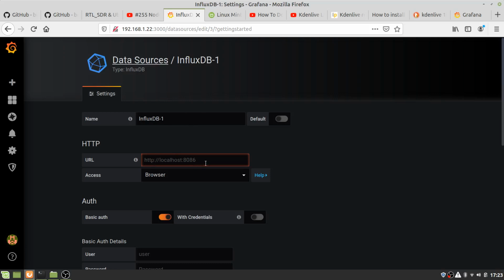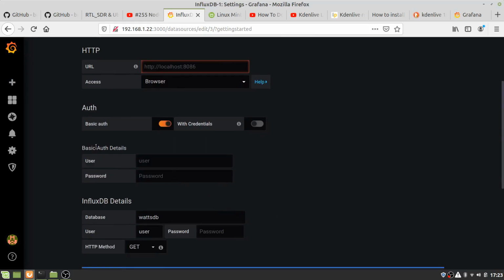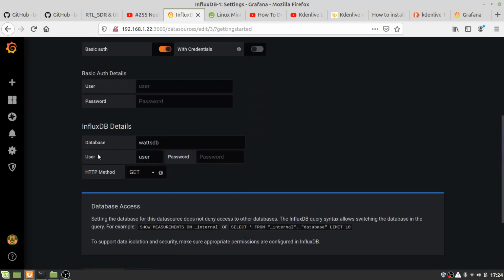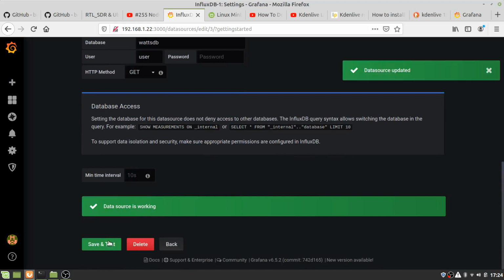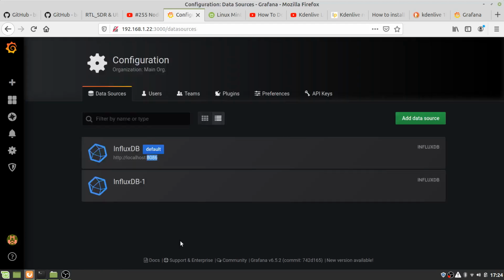Here's the URL. We use the access this browser, basic authorization. User is user, password is password, database is what's DB, user, password. And if you save and test, then you can go back,